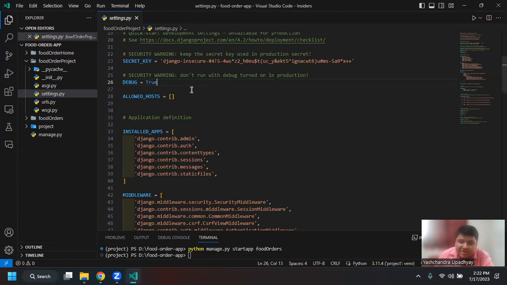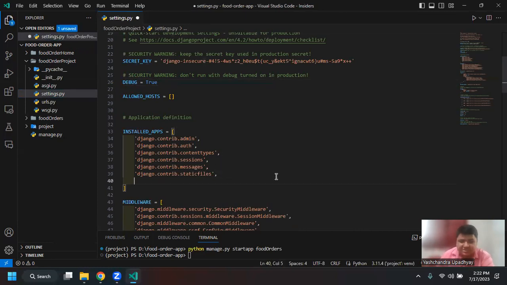And also when we are deploying the application, we have to install the host into the ALLOWED_HOSTS. We will see what this is when we will be working with the deployment section. For now, what I will do is I will just register the application. So let me say food,